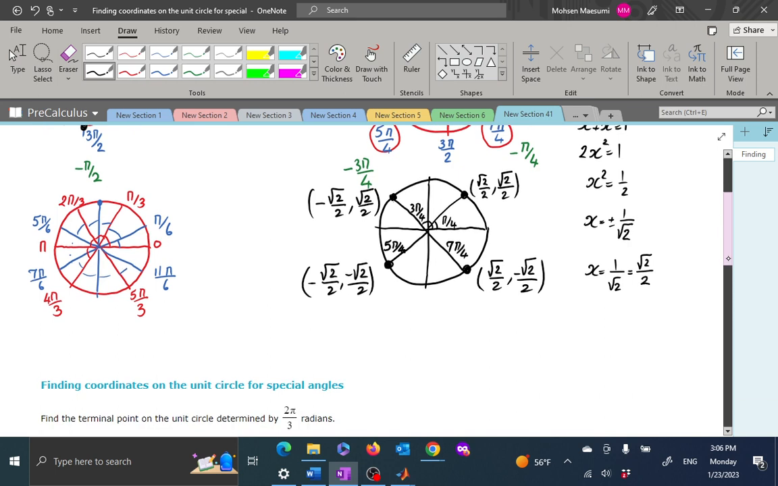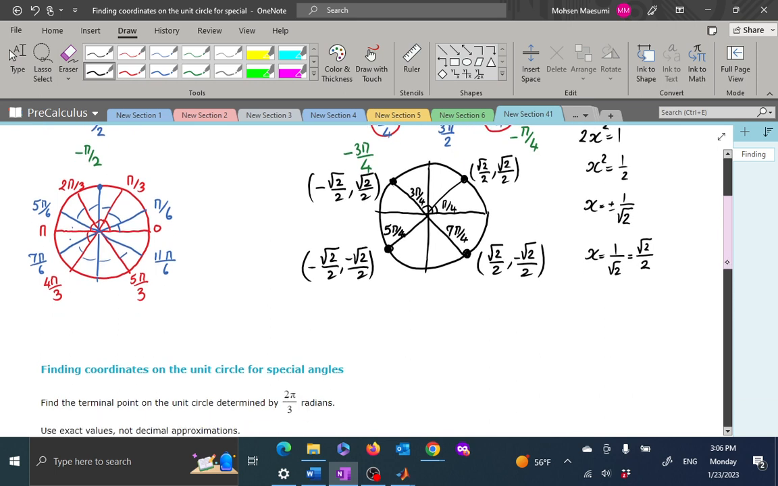Next, we want to know how about multiples of pi third, like this pi third, 2 pi third, 4 pi third, 5 pi third, and the other set also similar to that with pi sixes. What are the coordinates for those? Well,